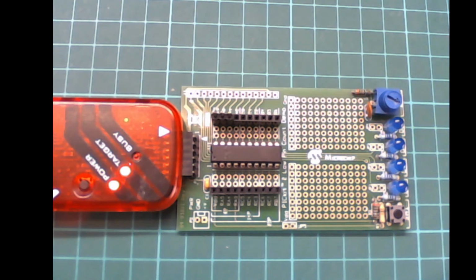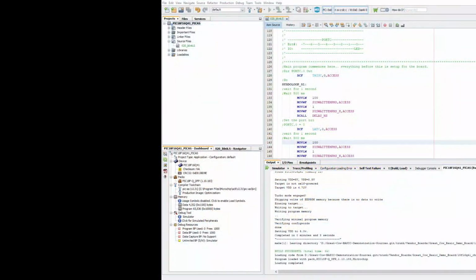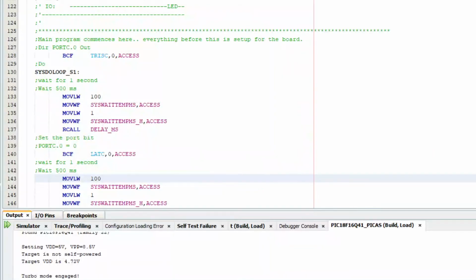So we have a flashing LED, which is pretty good. And we've used the source code from GCASM Basic. How can I prove that to you? Well, I'm going to bring up the MPLAB, and I'm going to bring up